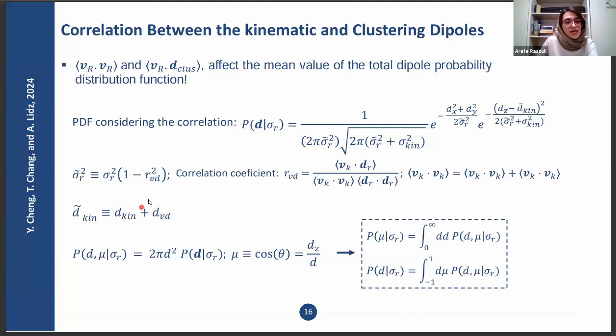And we can see that this correlation will shift the amplitude of the kinematic dipole by d of VAD, and as well, it will change the amplitude of the total dipole. And this d of VAD is proportional to the correlation coefficient that I'm going to compute in the following. But before that, I want to say that right now, we have a system in order to find the PDF of the angular distance from the CMB dipole, or we can compute the PDF of the amplitude of the NVSS dipole here.